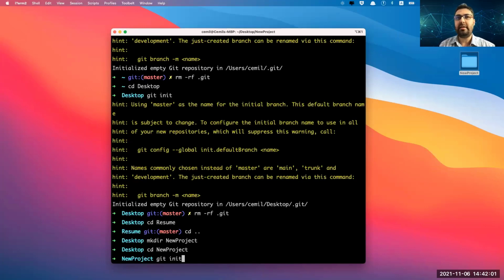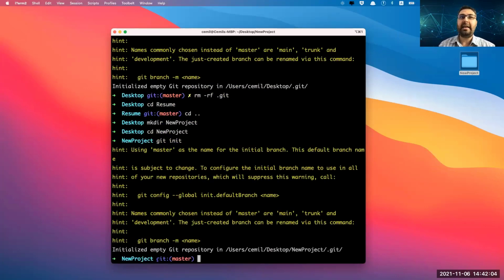Now, git init. Now I can see that git master there, which means my project folder is a repo now. Perfect. That's it. These are the first things. First, we create a folder, then we enter the folder, and then we initialize with a git command, git init. It's not a Linux command, it's a git command. All right, so this is a repo. It's ready to be tracked, but nothing is being tracked yet.